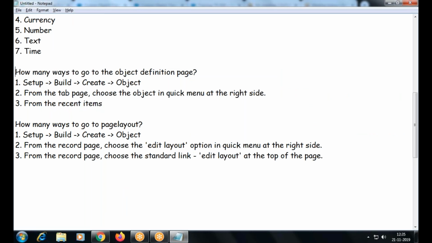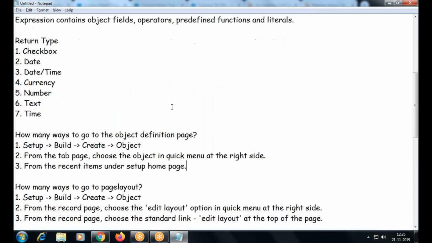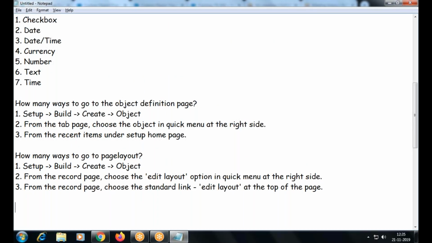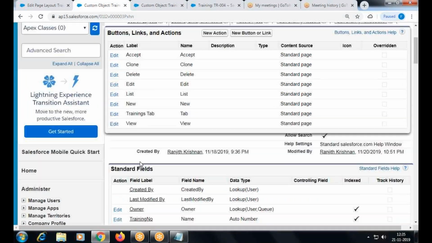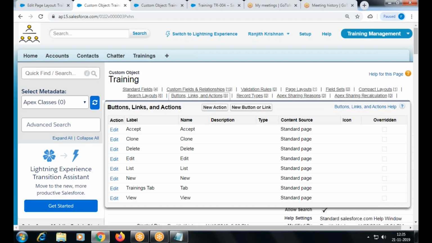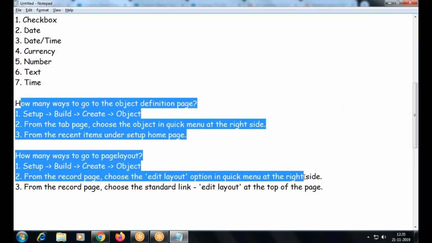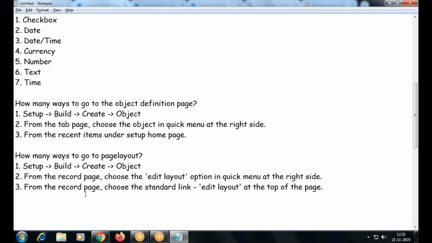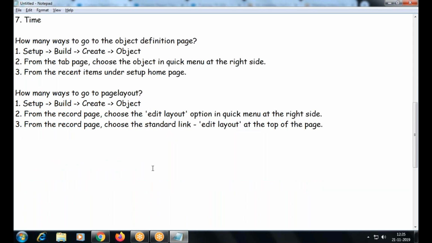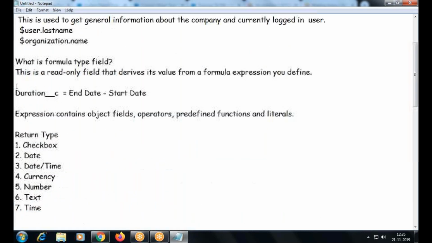So these things are not there in the document as well as the hard copy, but I will upload these notes. Okay, so I just wanted to give you quick navigation options, because when you practice today, you need not go to setup home every time. That's the reason I covered this quick navigation. You need not take more steps to go to that particular page. Okay, we'll continue this.